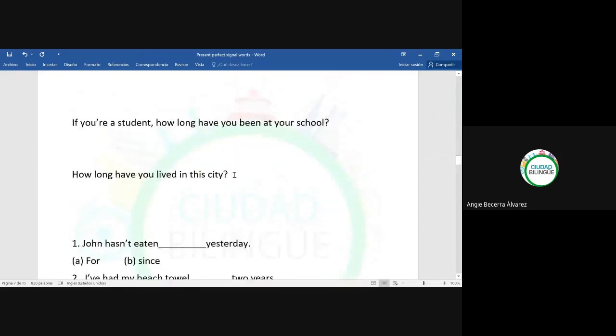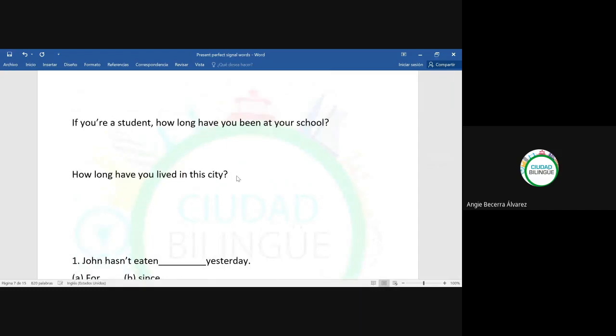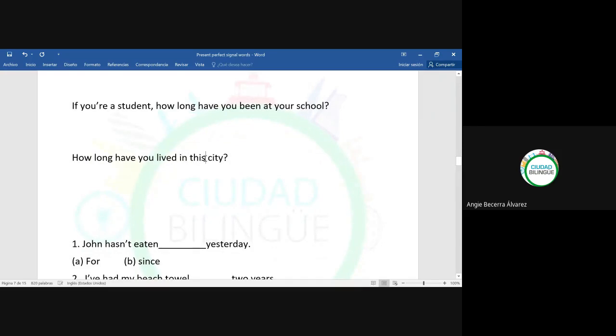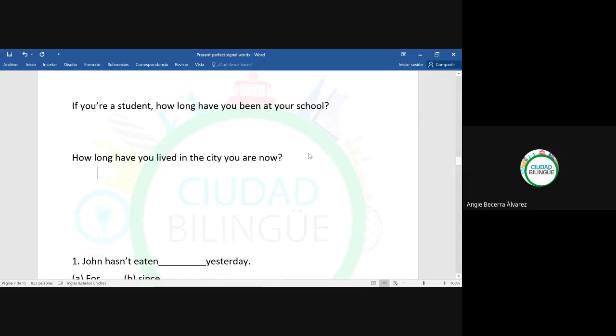So the last one, guys. How long have you lived in the city you are in this moment? ¿Por cuánto tiempo han vivido en la ciudad en la que están en este momento? Have you lived in the city you are now? You can say, I have lived in, here goes the name of the city, for or since. Okay? For example, I have lived in Buenaventura